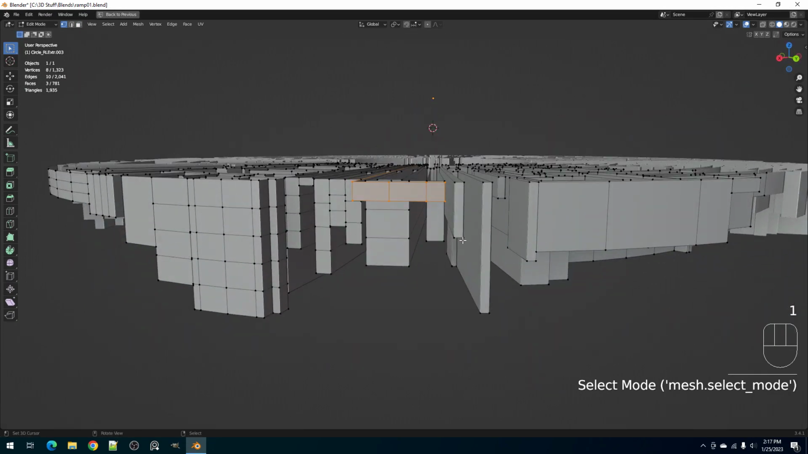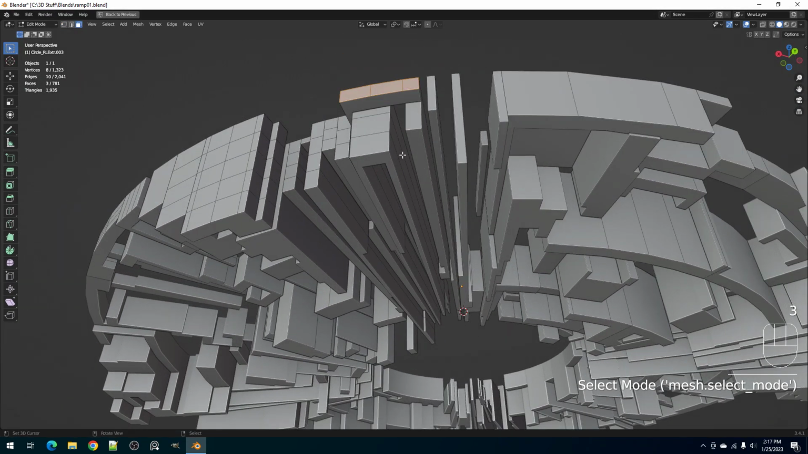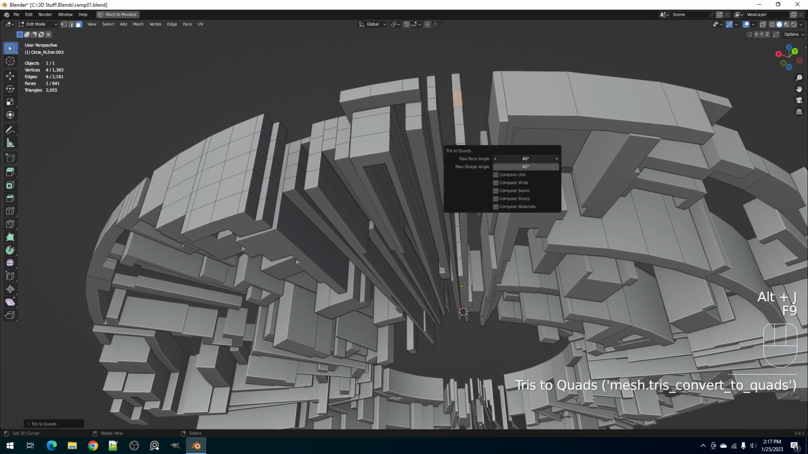So just some basic qualification technique right there. Control T to triangulate, then Control J to quadify. You can press F9 in the quadify, Control J, or yeah, Control J. No, so Control D, Alt J, Alt J. Control T to triangulate, Alt J to quadify. So Alt J, you can